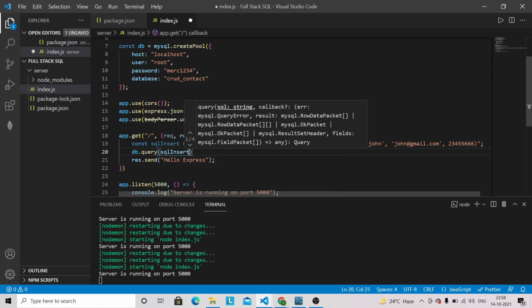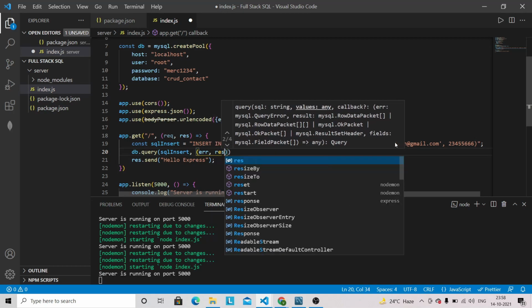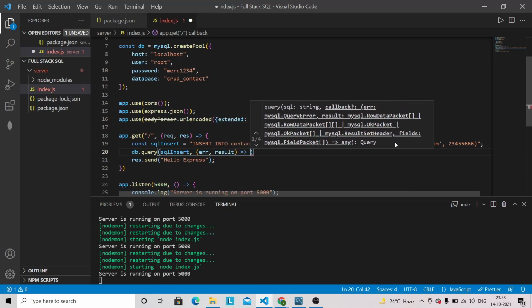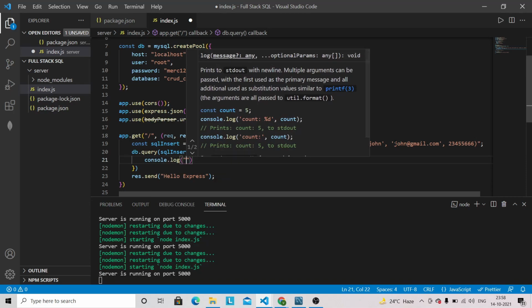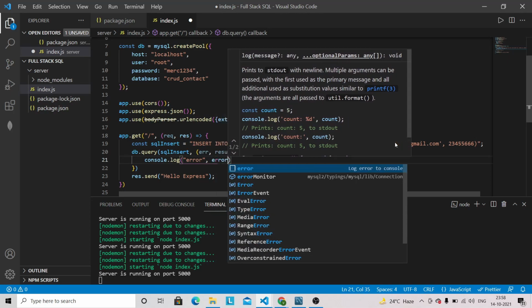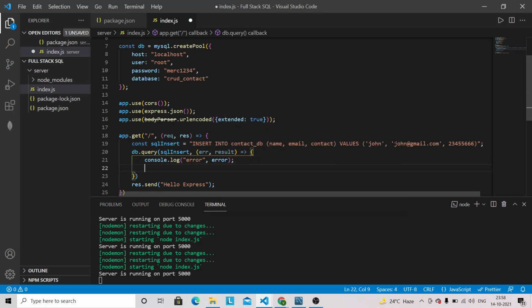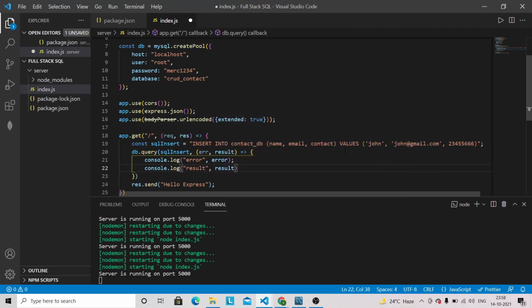We can pass this sqlInsert, and we can have one callback which will have error and result. So we can log both things with console.log. We can log error, and for result let's log result, and we can also put it inside this one.